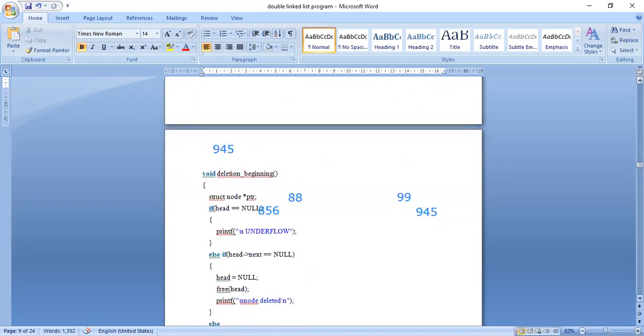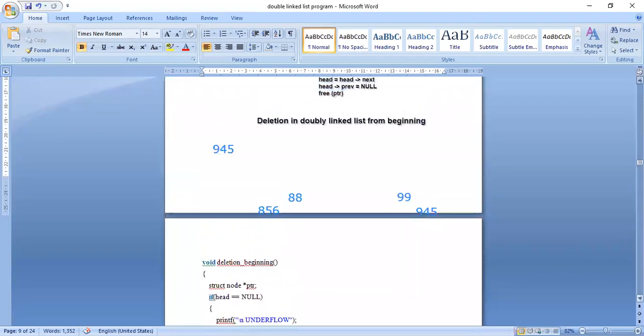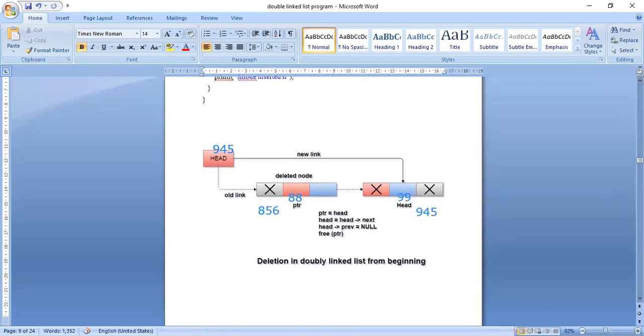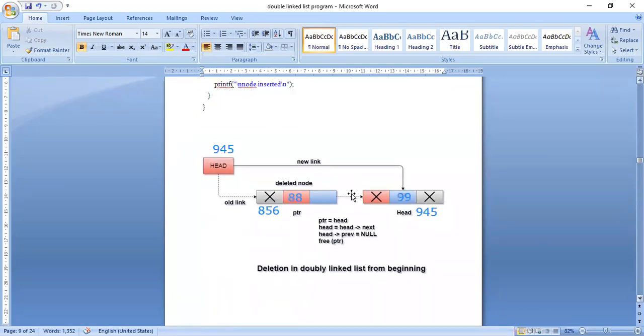Next, else if head of next is equal to null. That means what? There is only one node in the double linked list. See, head of next means what? The address of that 88 node, that is 856, is stored here.